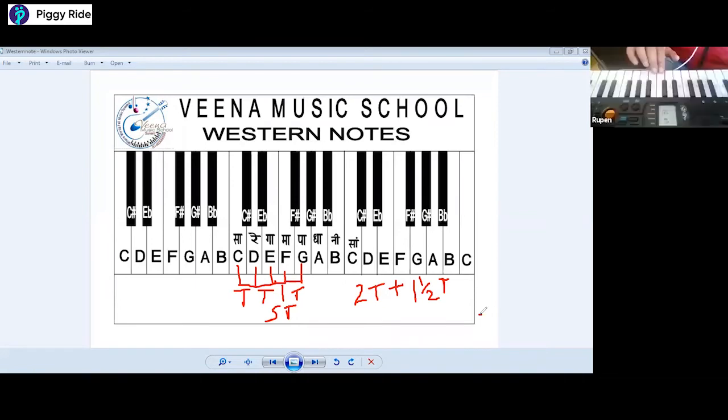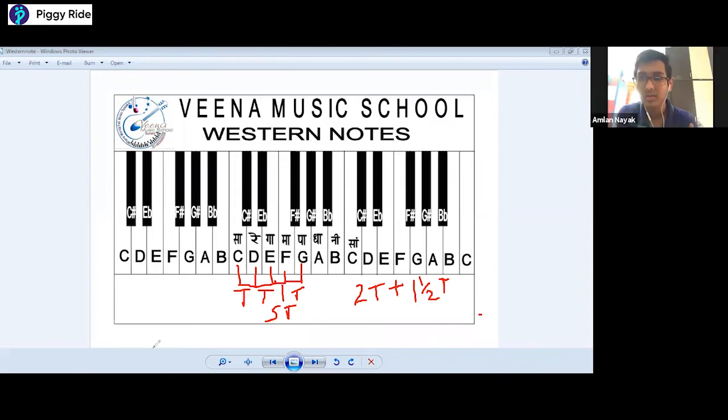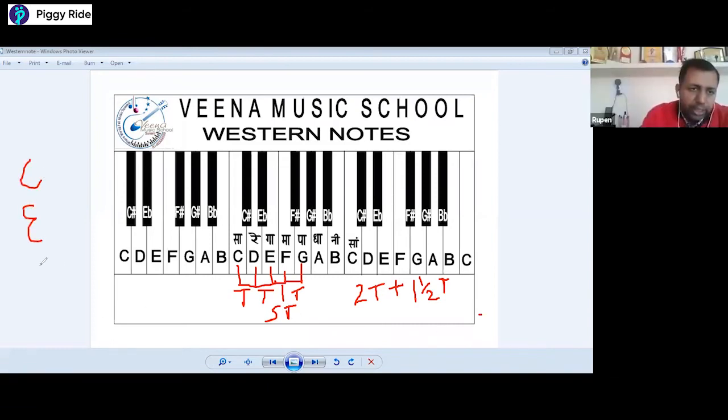As we say semicircle and full circle, a full circle is a complete circle and a semicircle is a half circle. As it is, this is the distance of a full note, but this is the distance of a half note. When we are making a major chord, suppose we are making the C major chord, C, E, G. C, E, G is the spelling of this chord.